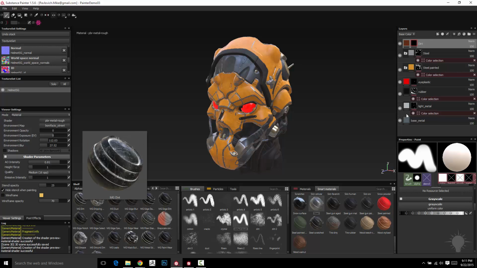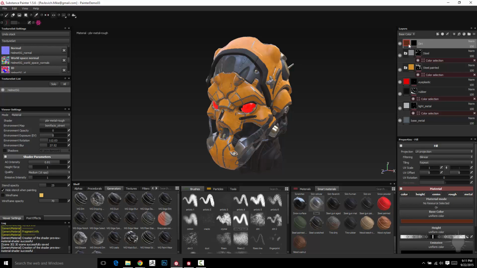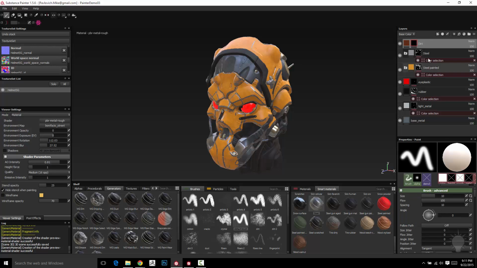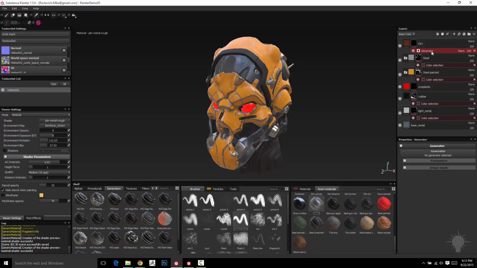Here's MG dirt. So with this dirt mask selected, if I scroll up, let's go ahead and click dirt here. Oh, I need to right click this and do add generator. This adds a little generator node here that tells it I want to use a generator to generate a mask. So I'm going to click on MG dirt, and I can either drag it in here,